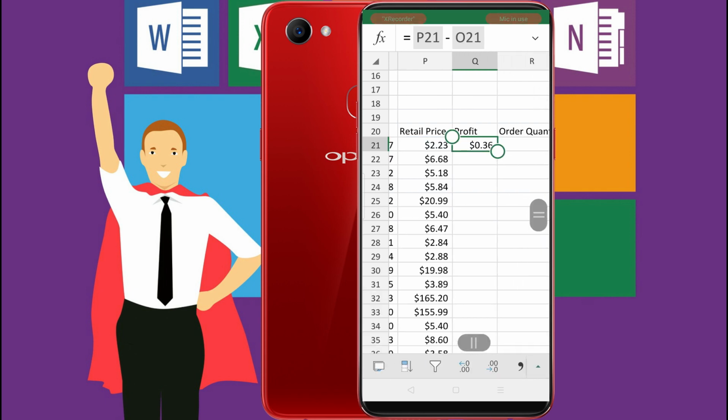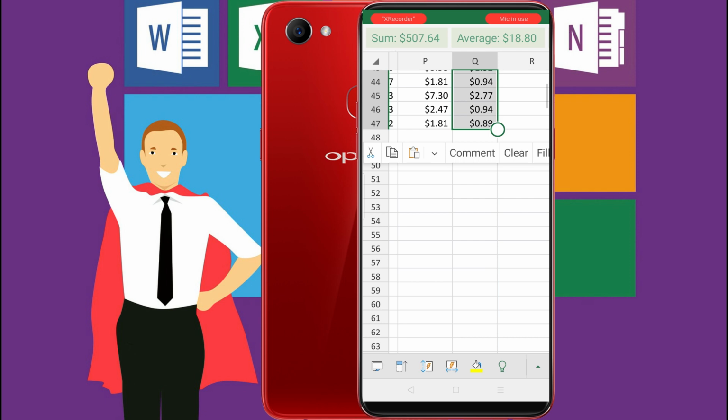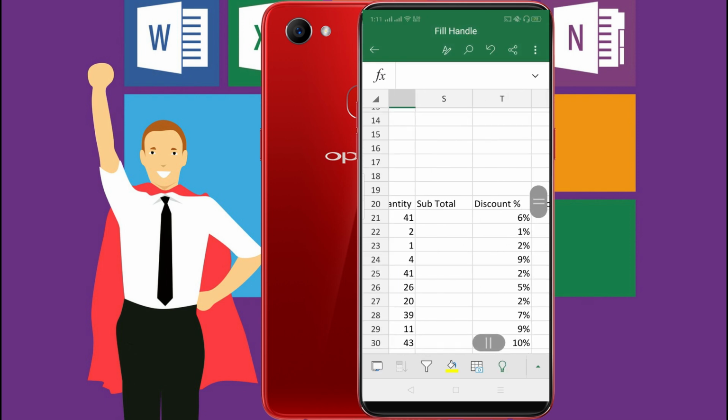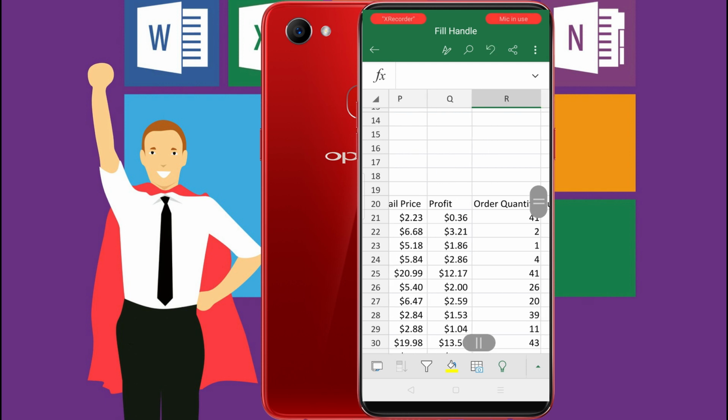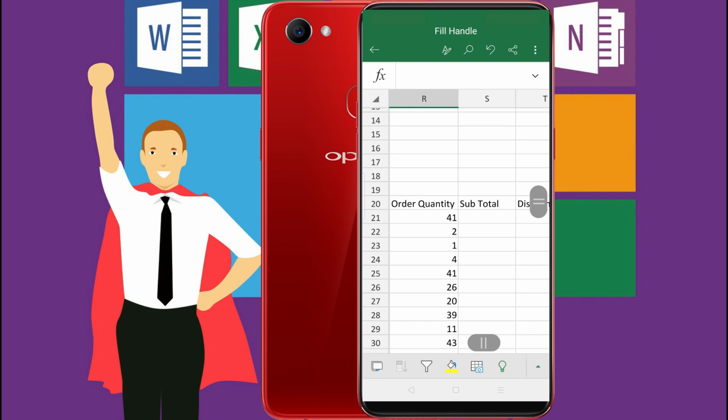The profit has been counted. So touch the cell again and use the fill handle and drag it down to the below. Nice. Now the profit has been counted easily.